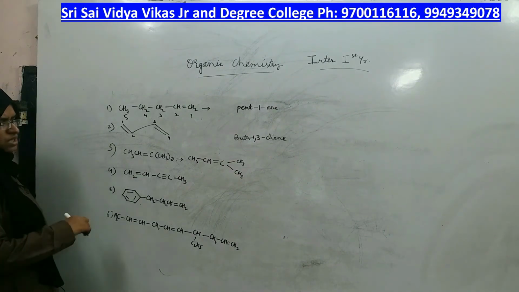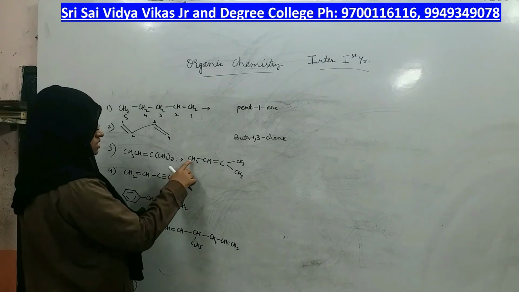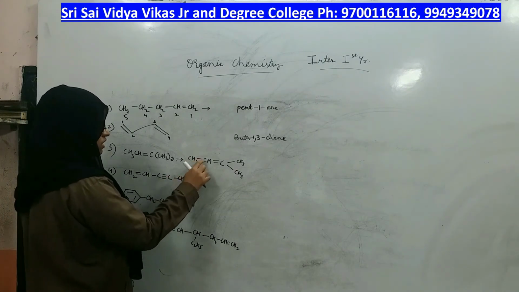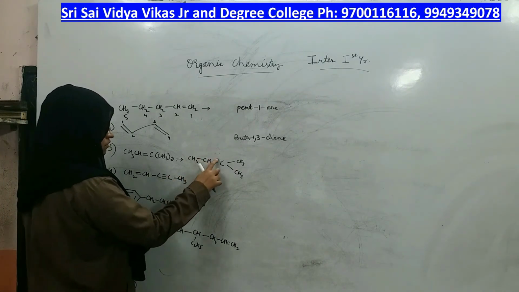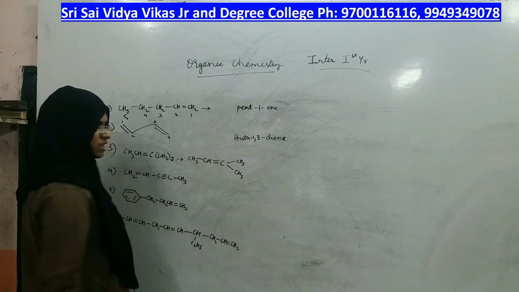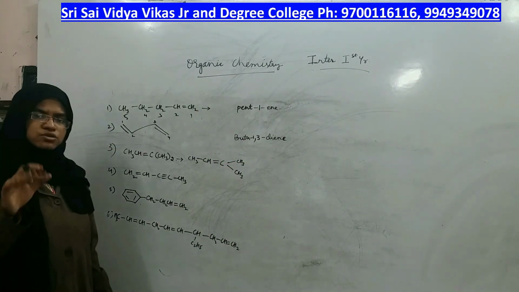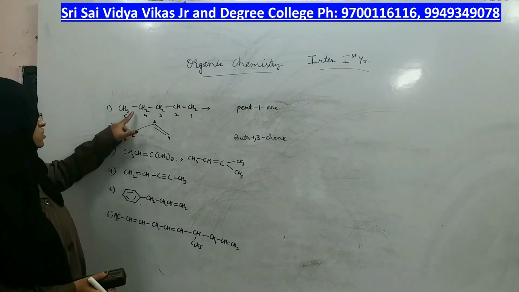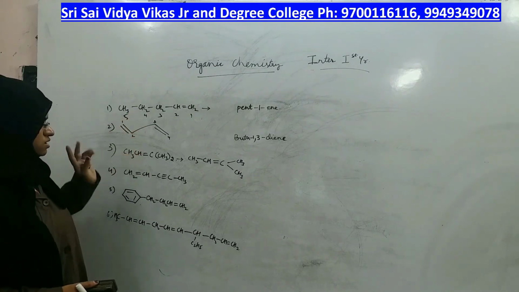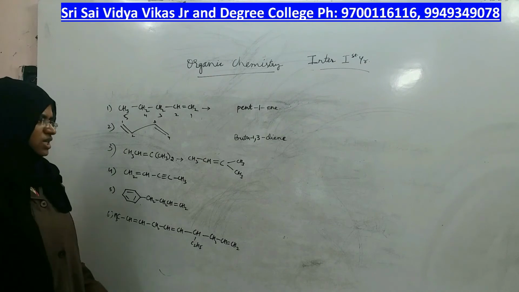Is every carbon getting tetravalency or not? Let us check. 3 plus 1, 4. 1, 2, 3 plus 1, 4. 1, 2, 3, 4, 4. All the carbons should get tetravalency, whichever option you choose to show the structure. Whether you show the structure this way or this way or this way, every carbon should get tetravalency.